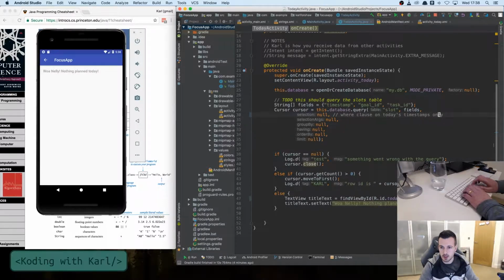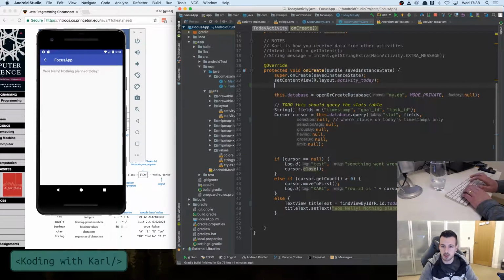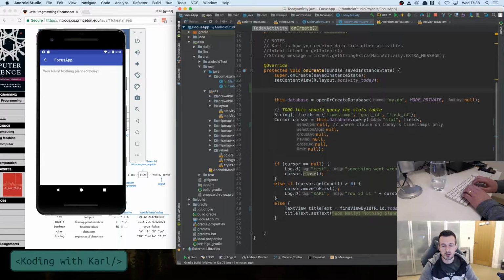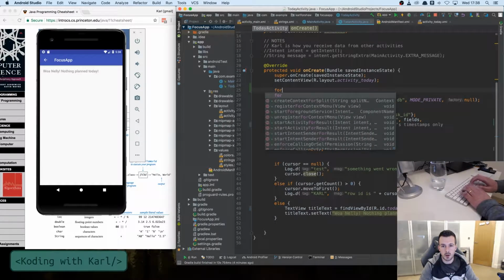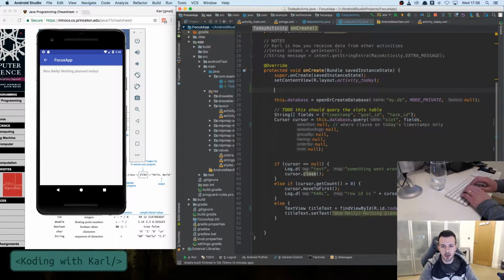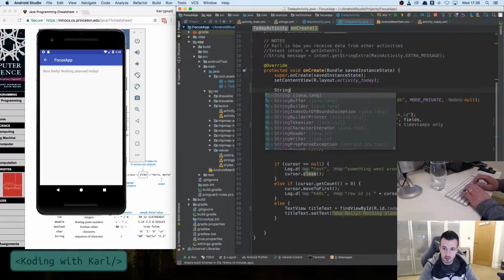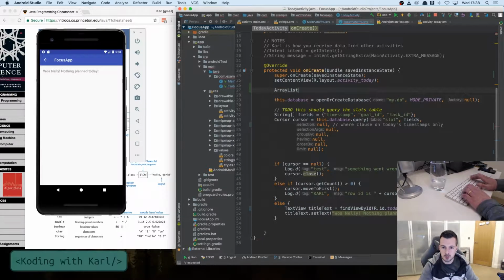Yeah, let's create the list before we run the query to populate it, or do we? Does it matter at this point, Carl? Just do it there. Okay. So, I'm going to create a string list for now. Let's see if I can remember how to do this. Array list of type string,